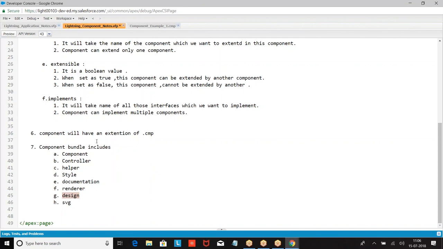Whenever people say Lightning component bundle, it is a component with a corresponding controller, helper, style, documentation, renderer, design, and SVG. So what are the steps for creating a Lightning component?